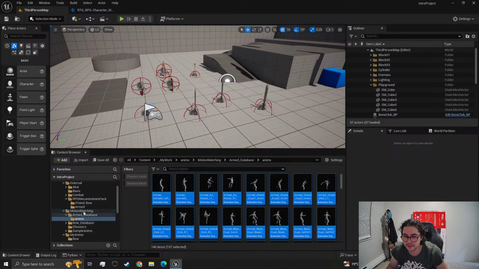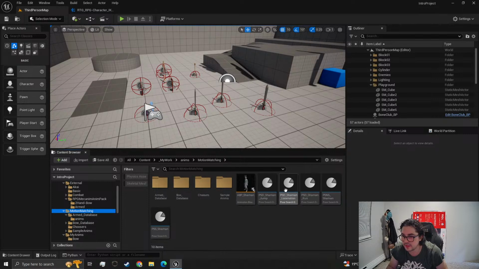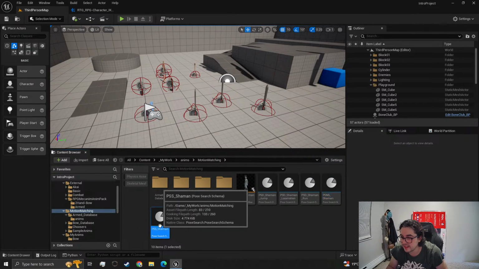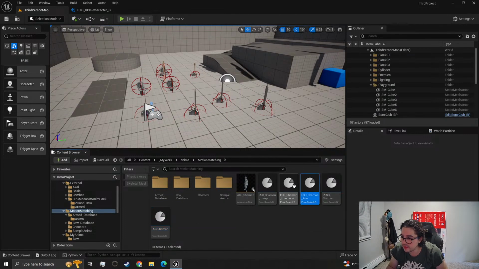Post search databases, right? So here we have a bunch of PSDs for jumping, for locomotion, for running, and then a post search normalization set, and then a post search schema. But what we want to make is more of these for different states. These things are kind of going to be like a state machine, right? That and just using the blueprint for,